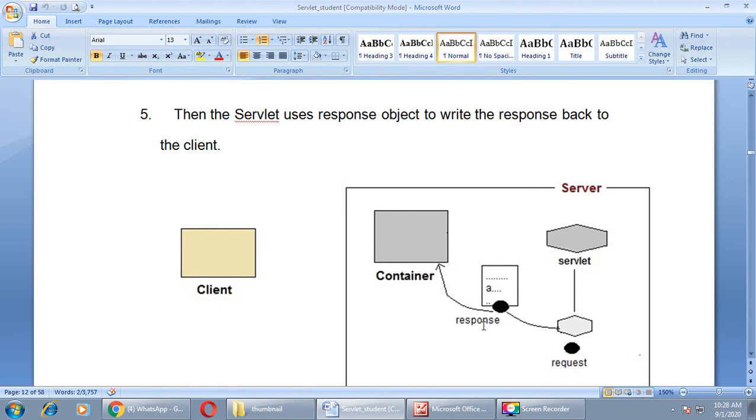Fifth step, the servlet uses the response object to write the response back to the client. Here you can see that the request is sent by the request object and the response object is used to write the response back to the client.